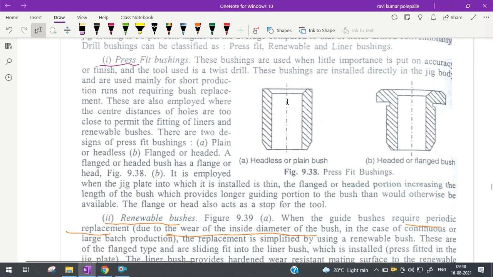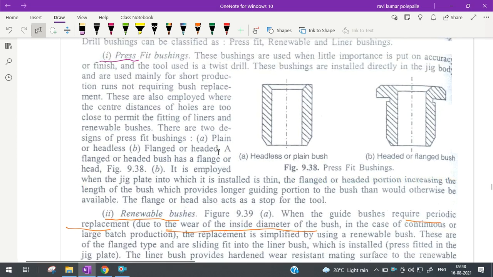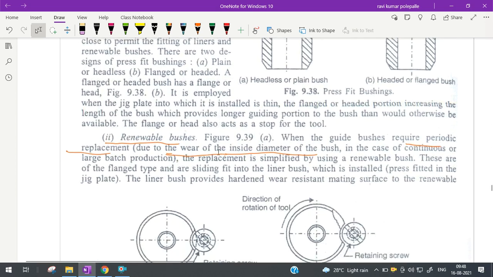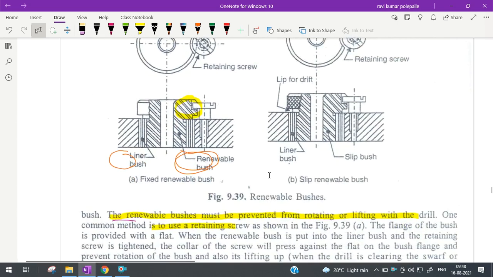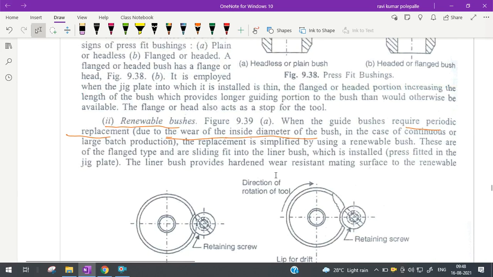Once a sufficient number of components have been produced, the bushes have to be replaced frequently, whenever I require to carry out some other type of operation, or when the inside of the bush is worn out, I go for renewable bushes. Fixed renewable bush,